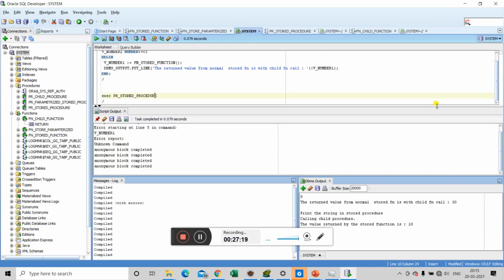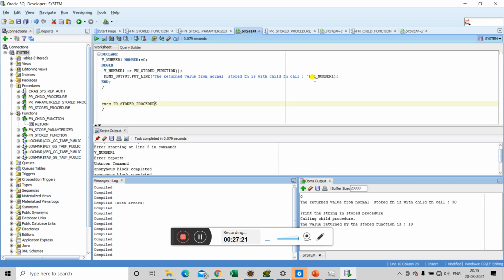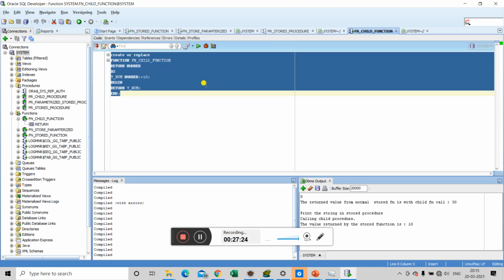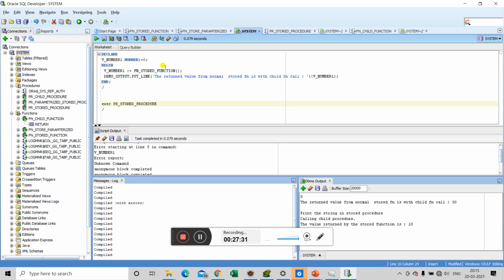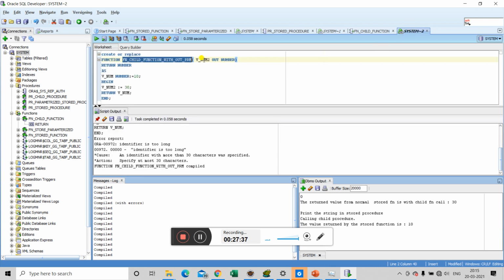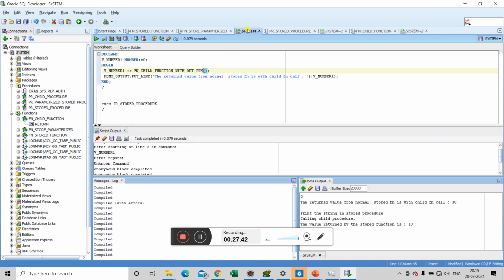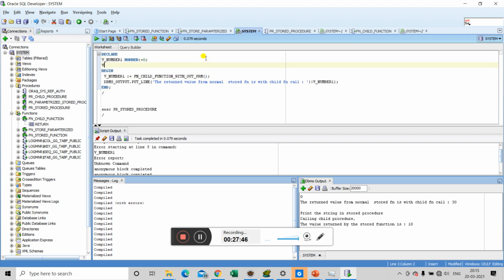So we will be using this anonymous block. In this case, as we are returning a value using vnum2 as an out parameter, we need to declare another variable that will hold this value in our calling environment as well. So we will be declaring v_number2 number 0.